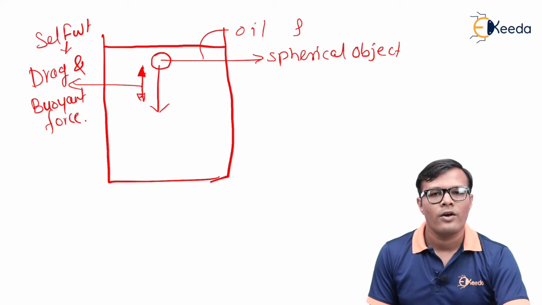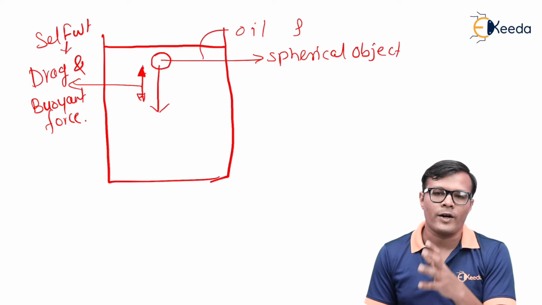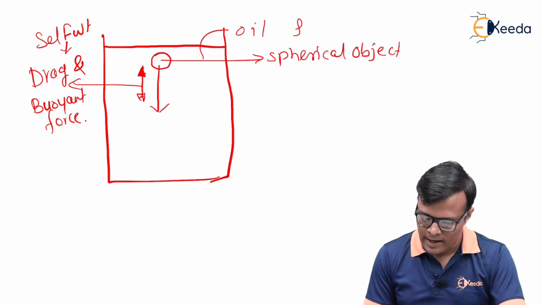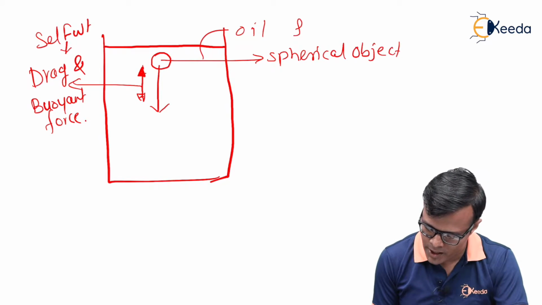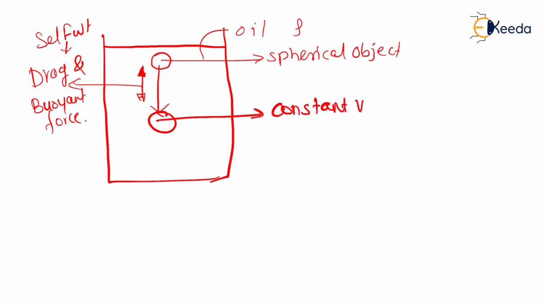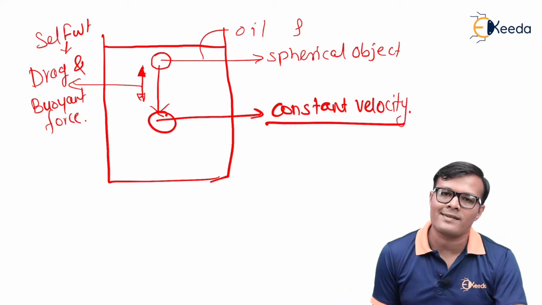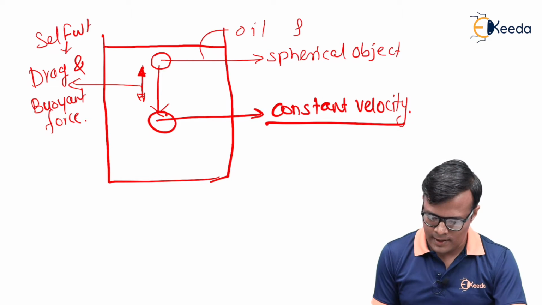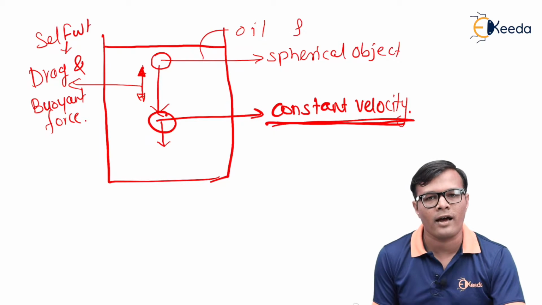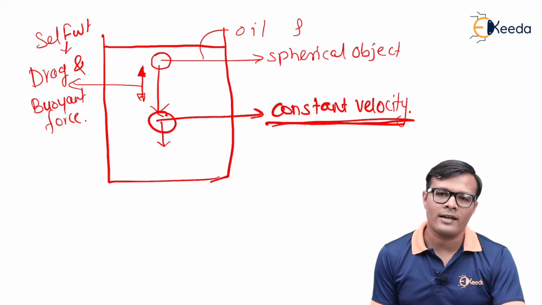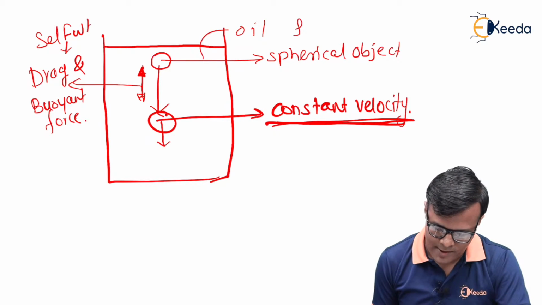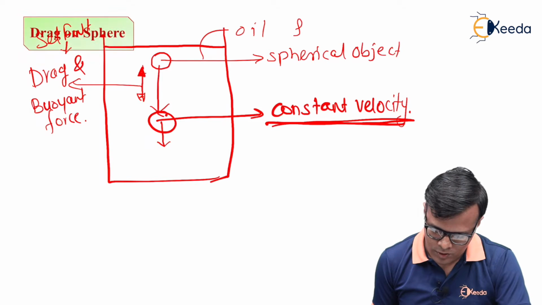So there exists a phenomenon when this frictional drag becomes stabilized, and we obtain a stage when constant velocity is obtained for the free falling object. Even though gravitational acceleration is acting on the sphere, we see that this spherical object is moving with constant velocity. It means that equilibrium is reached, and in that case we have calculated a formula. That formula is called Stokes law. So for a drag on a sphere,